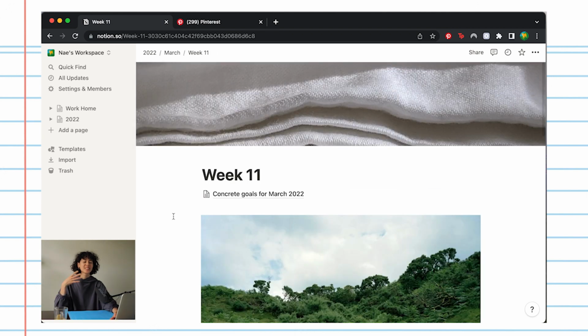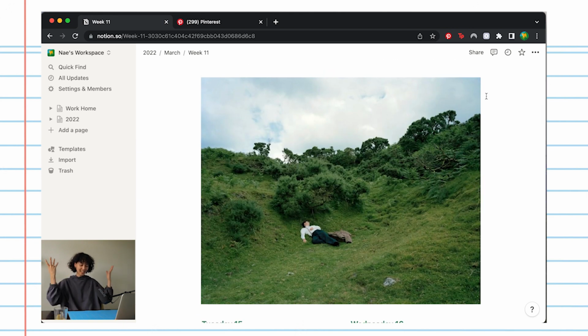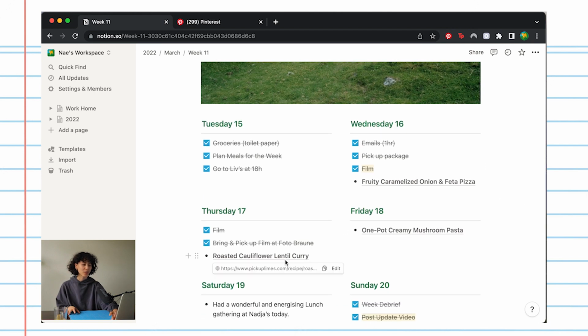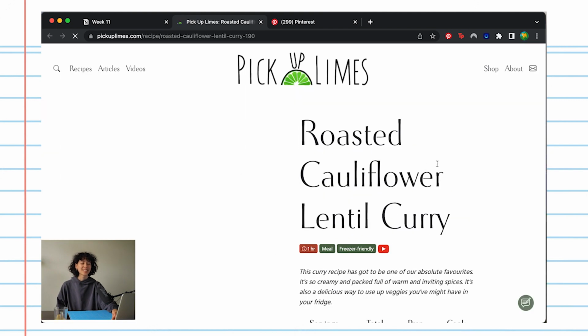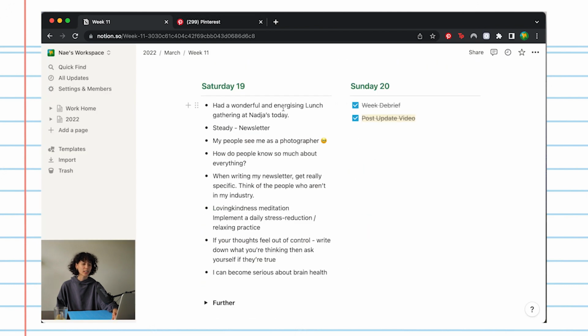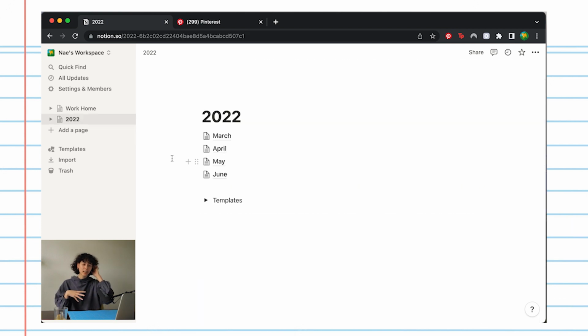I really like these. So the last week I want to show you, which is also really different, is week 11 in March. And then here I just have this big green sort of restful image. I think it's just a very recharging week. And this week was fun because I just put each recipe I cooked that day with the link. So wow, I feel so digital now. Everything is connected. I think I went to a lunch here, and then these were some thoughts I had after the lunch. So yeah, that was really fun. That's a spectrum of how my weekly setups look.